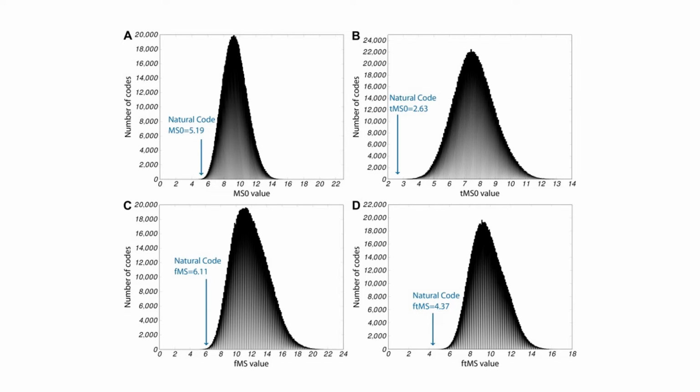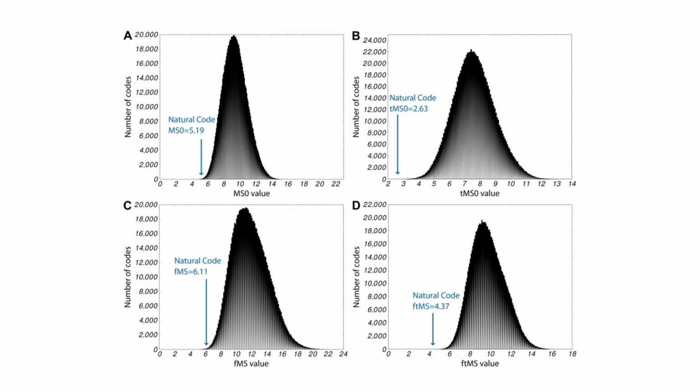And if you look at the 1 million different randomly selected codes, you see that they form a distribution, sort of a bell curve. And for each of these possible sorts of errors that could creep into DNA, you see